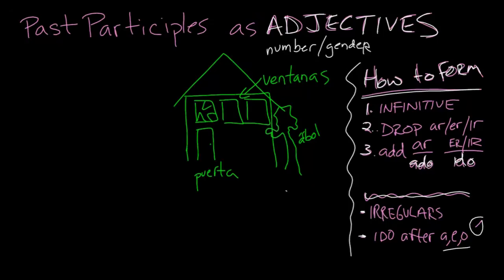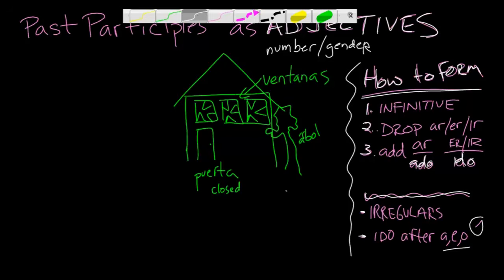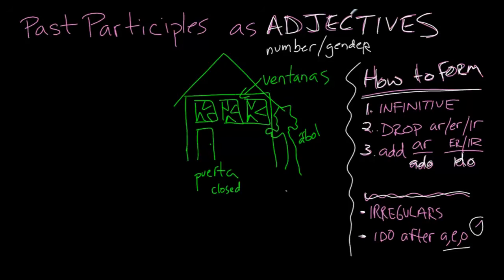This house has been sitting vacant for a while, poor foreclosure crisis. We've got people underwater in their mortgages. Alright, and our door, well luckily it's closed. Alright, so if we're working in Spanish and we want to use some participles, what would that sound like? So we could write sentences like,